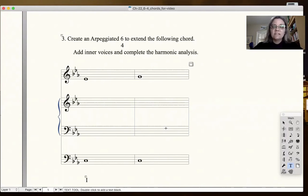This arpeggiated 6/4 you've already heard. You've used it actually before, or you've at least analyzed it, and we just ignored it. But it's often a way that a bass will end. So in this arpeggiated 6/4,